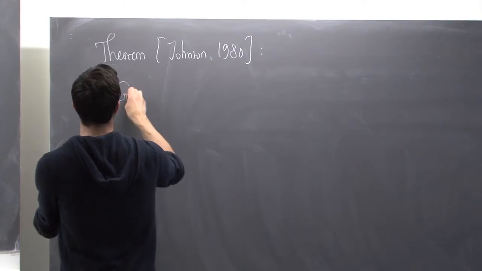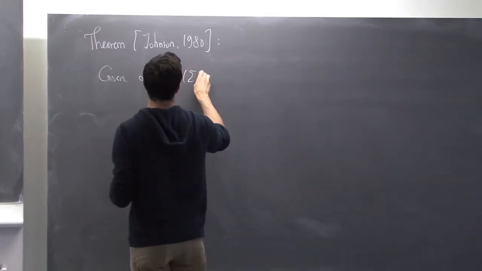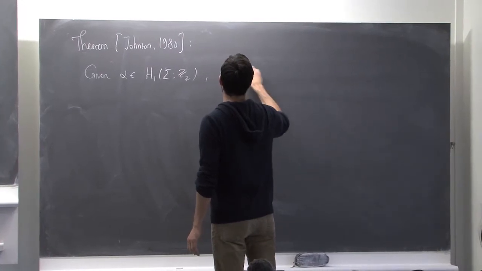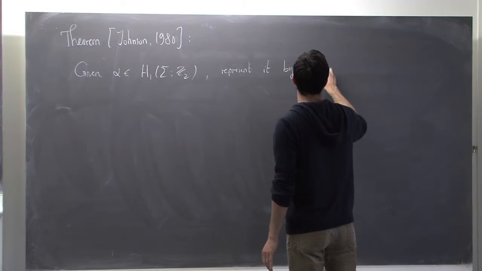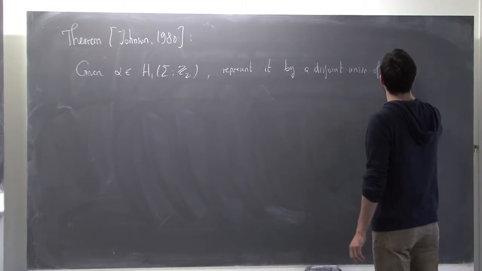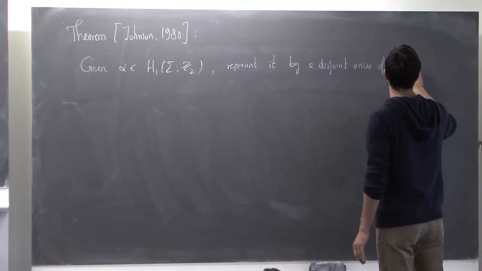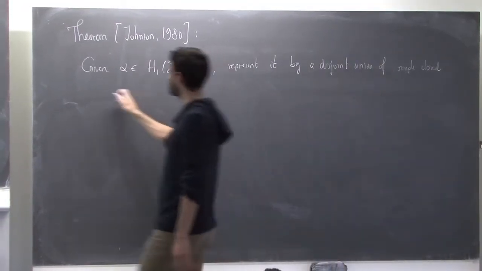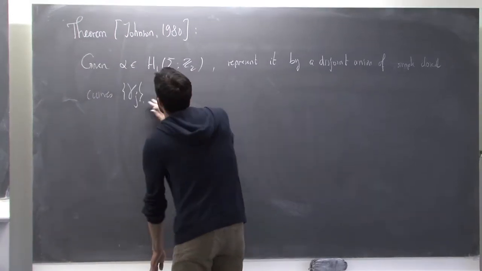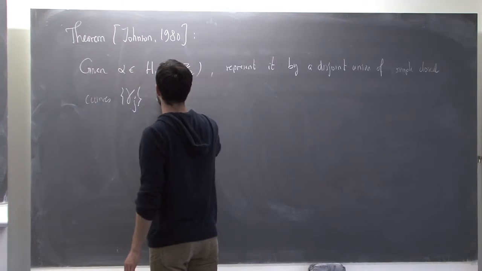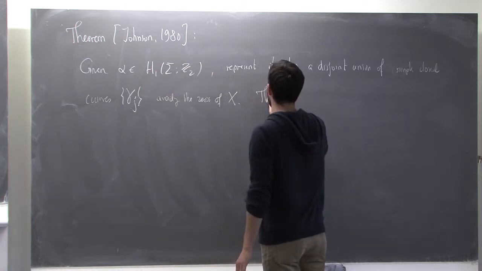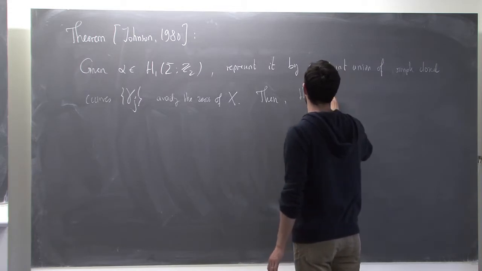So, given a homology class, represent it by a disjoint union of simple closed curves, let's say gamma j, avoiding the zeros. Then the following equation,